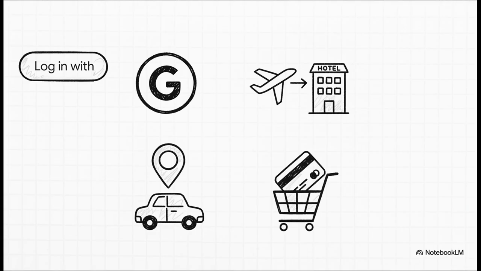And because they're this invisible glue, they are literally powering almost everything you do online. That time you logged into a new site with your Google account instead of making another password, that was an API. When you go to a travel site and it shows you flights from 10 different airlines all on one page, that's a whole bunch of APIs working together. Using a map inside your ride-sharing app or paying for something online with PayPal, yep, all powered by APIs.